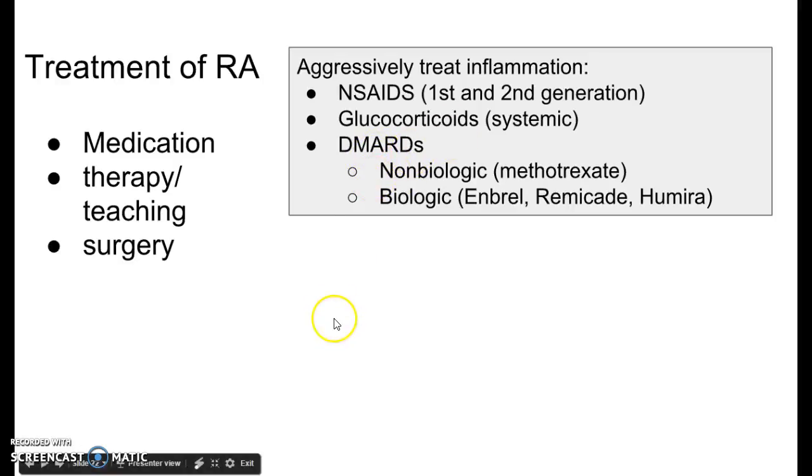DMARDs, I'll talk more about in class, and your book tells you about them, but basically we're talking about things like methotrexate, or the biologics Enbrel, Remicade, Humira. These generally have to be given IV, and